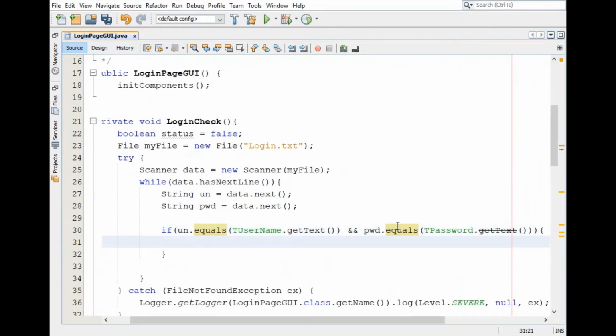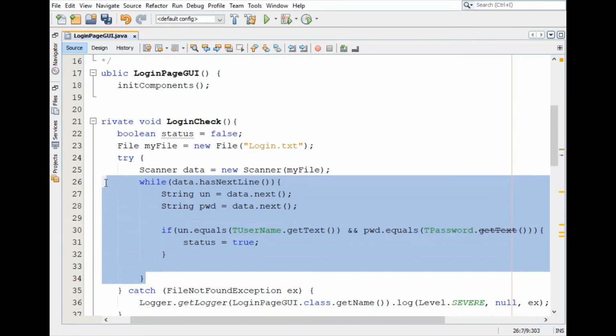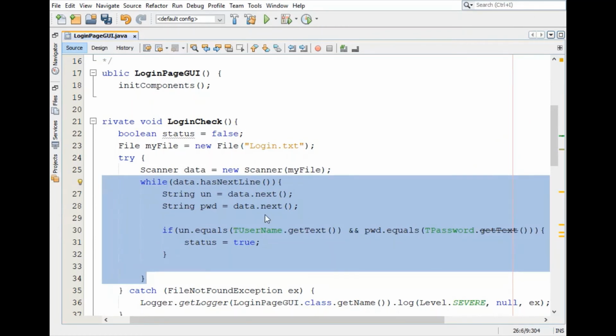And if both are matching, in that case we will set status equal to true, which is our boolean variable. So basically at the end of execution of this while loop, if at any one of the rows we get a username and password which is matching, in that case status becomes true and this loop will end.